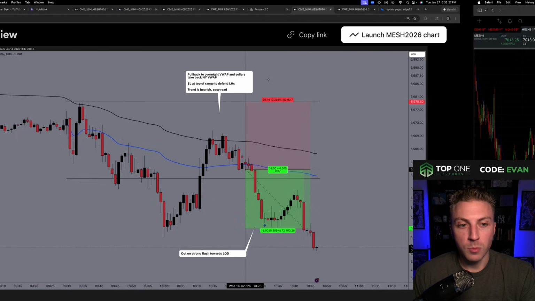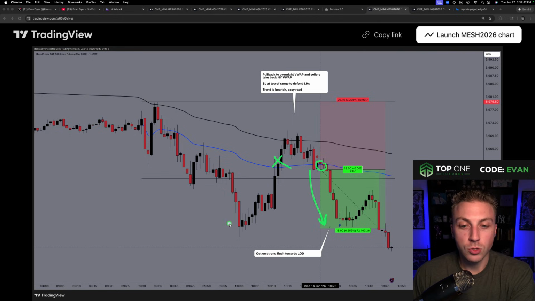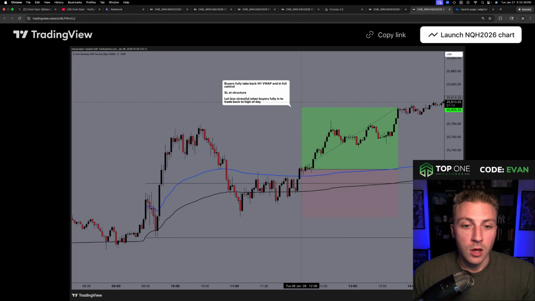So now going back to these other markups, same idea. It breaks above New York, but it's still underneath the overnight here in black. So let me just wait. Then it gets back underneath, similar to today, the market we just went over, got back above. All right, now let's go continue the trend, right? Trading back down to the low of day structure we've already been. Another thing here, it slices right through New York in blue, but it holds the overnight, building higher lows. Gets back above, buyers are back in. Let's go continue the trend.